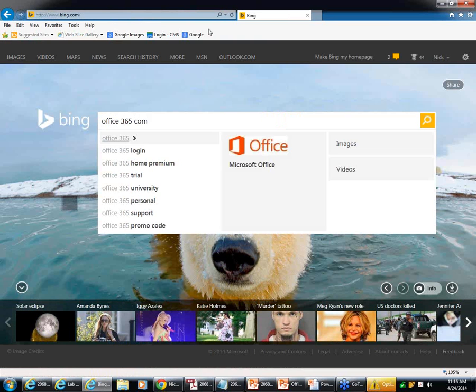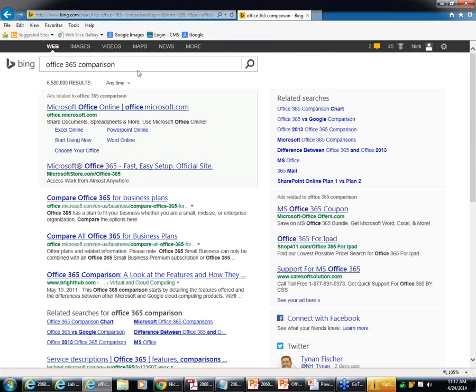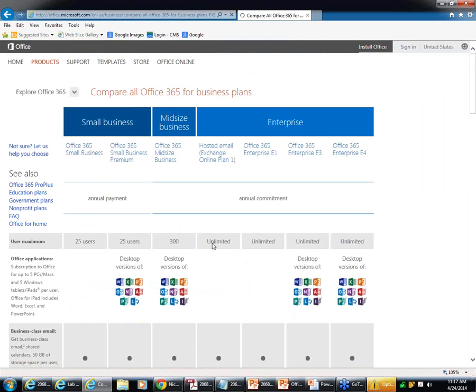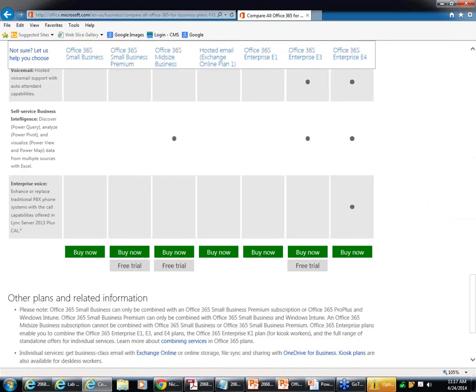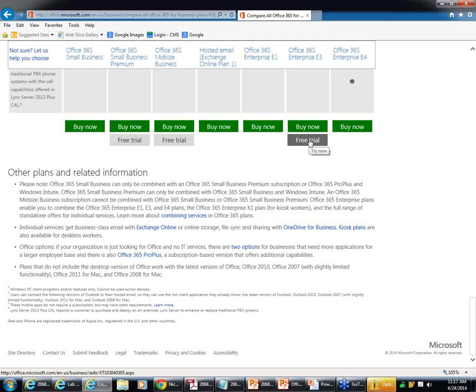Okay, go to Office 365 comparison. Just type that on your tool there, and then you'll see a whole bunch of options here for the different versions of Office 365, because it's not a single product. There are different tiers of it. For example, Office 365 for businesses, okay, click on that link, and then here it shows the various products that are out there. Now, in the interest of how do I create an account for myself so I can access it, the link that you need down here, it says right there, free trial.